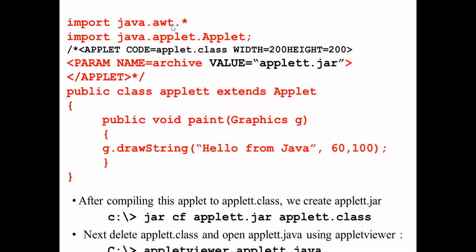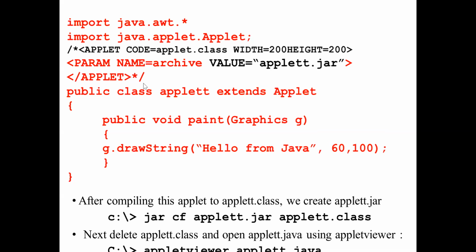Import java.awt.star, that is the Abstract Window Toolkit, and import java.applet.Applet. Then we write applet code equals applet.class, width equals 200 and height equals 200. And we send one parameter, that is archive, with the value appletT.jar.